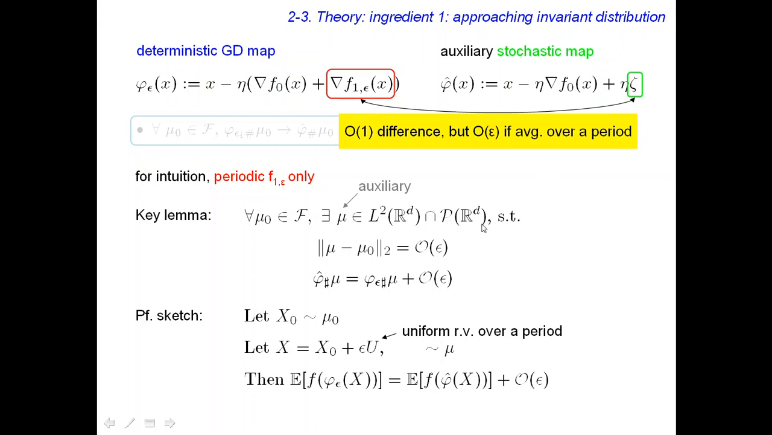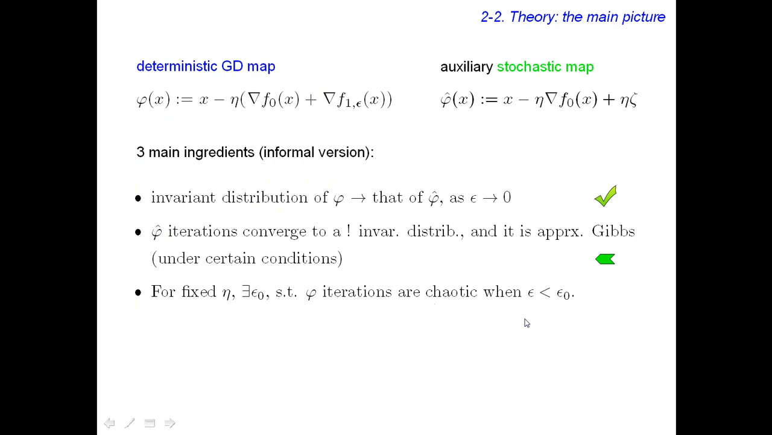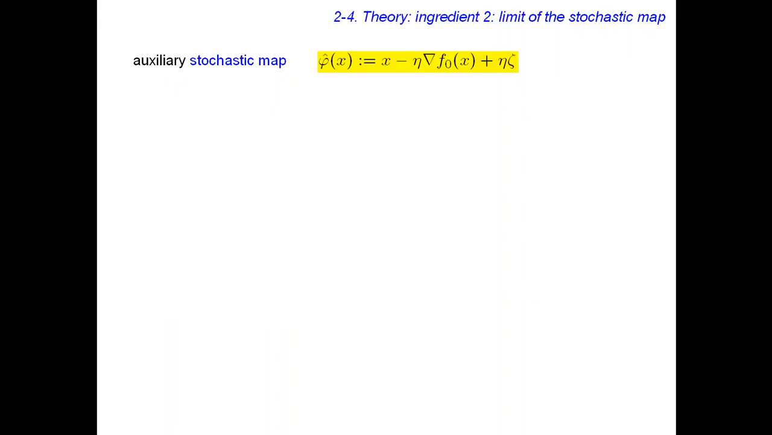Okay, so that's the intuition behind this key lemma, and therefore the proof of the first ingredient. So that's why the inverted distribution of phi can actually be very close to that of phi hat, and thus we now study the inverted distribution of phi hat. Let's recall that phi hat is really this auxiliary stochastic map defined here, and we just want to understand its